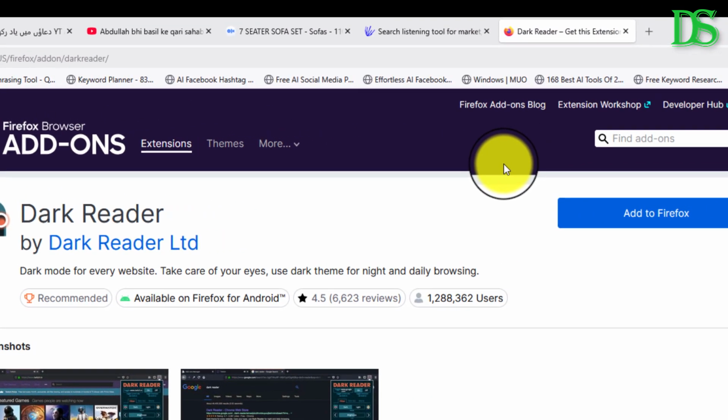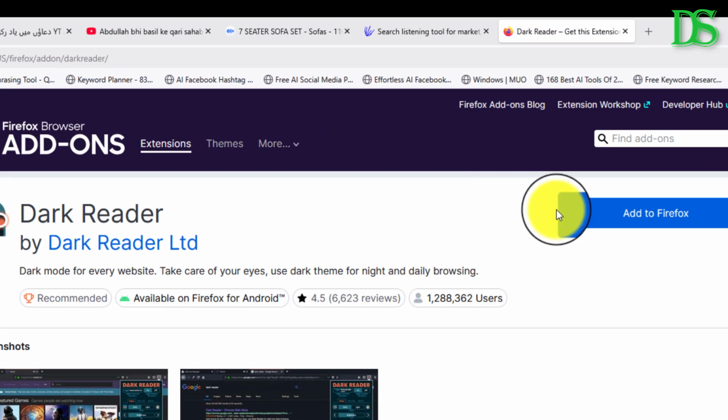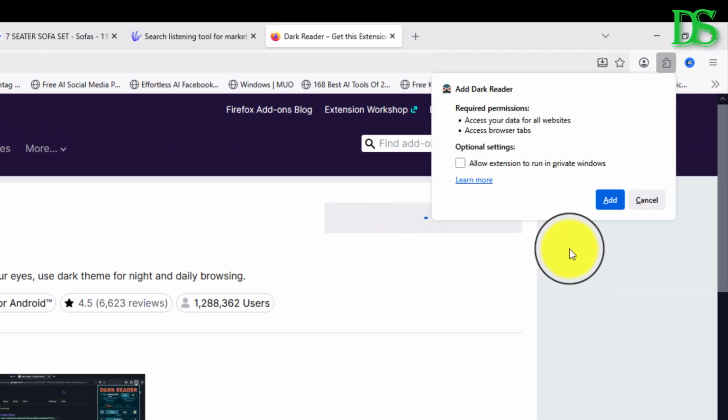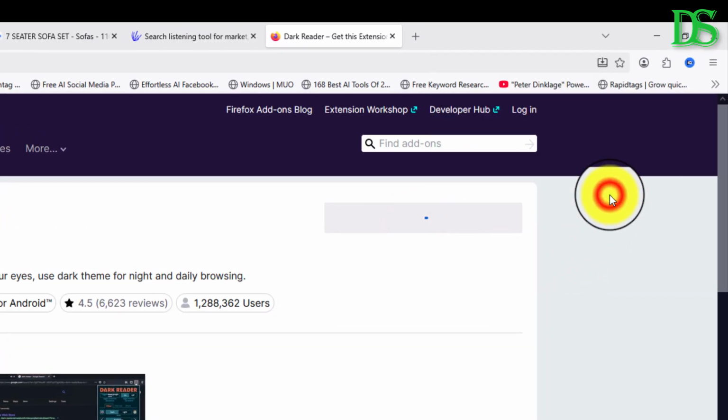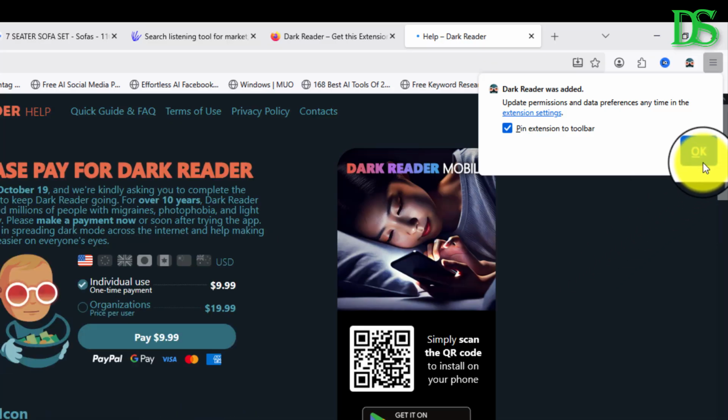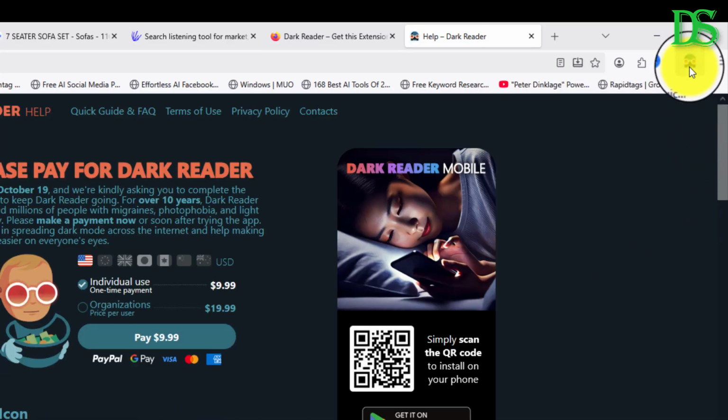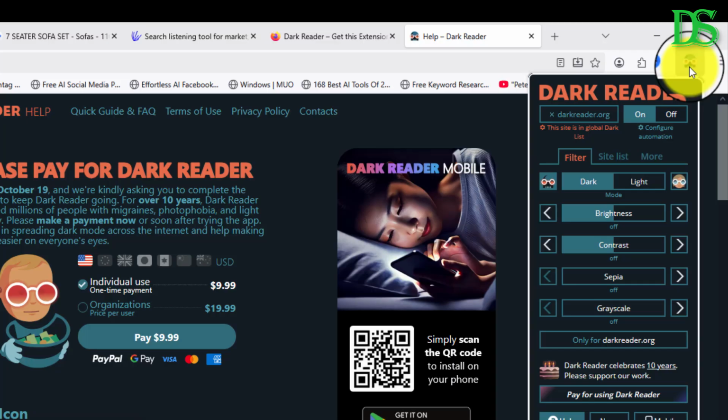then click on add to Firefox to add the extension to the browser, and that's it. Now you can change the settings from this extension. It's dark mode,